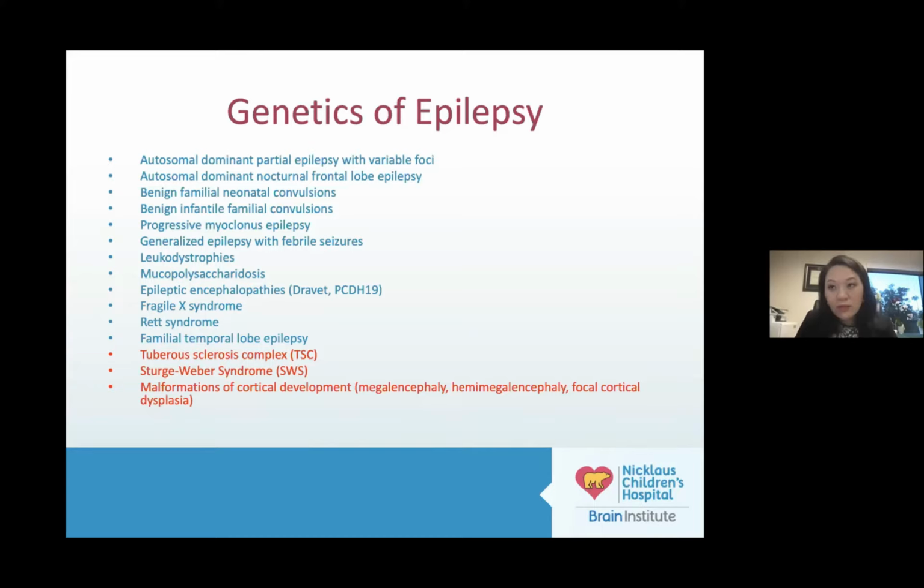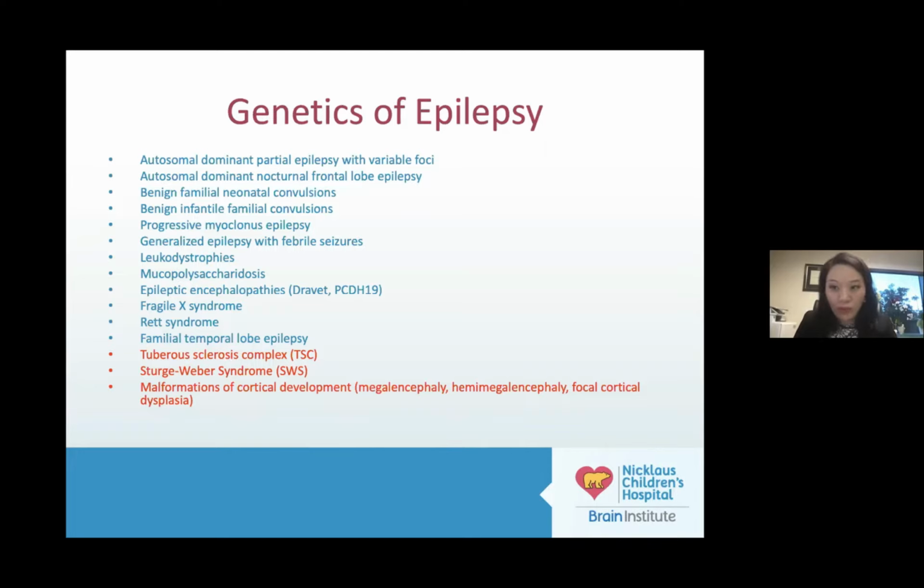Rett syndrome is an X-linked dominant pattern, usually occurring in females, and leading to mutations in the MECP2 gene with progressively worsening neurologic disorders. Familial temporal lobe epilepsy is also something that's very interesting, and we have now seen multiple animal and human studies published recently with twin or familial studies looking at the genetics and the family history of patients